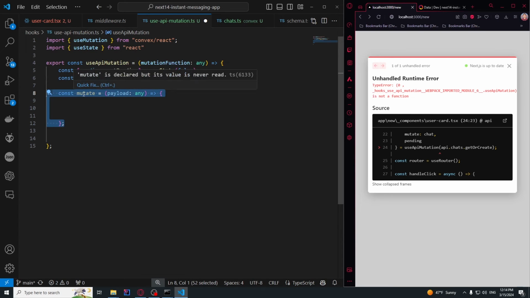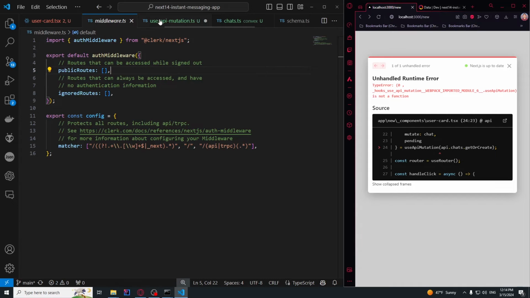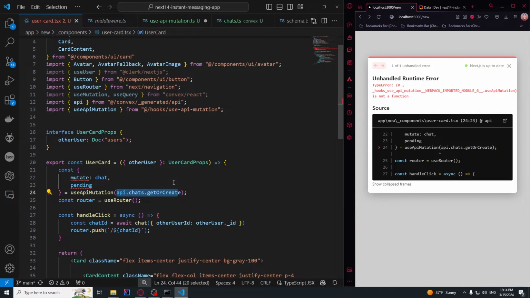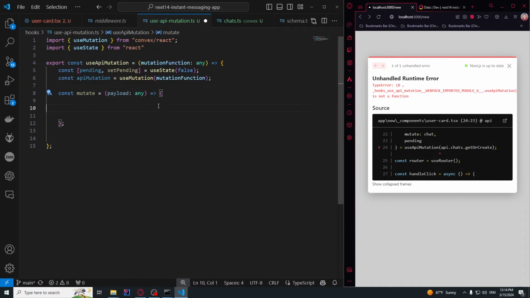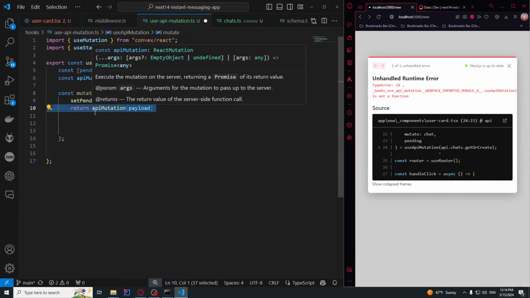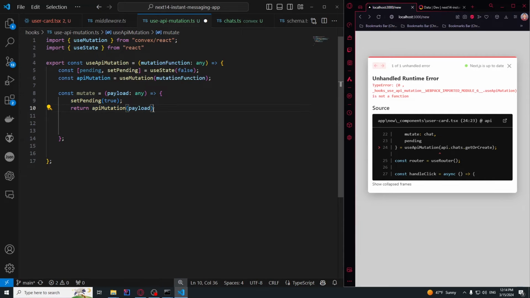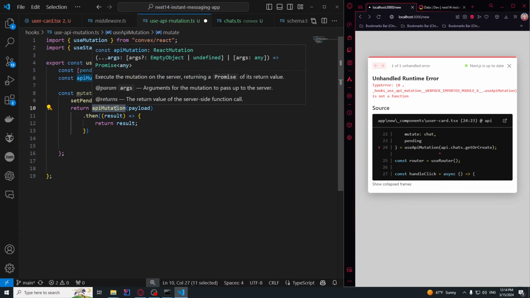Then we will say const mutate is equal to, and then payload any. So the payload is, wait, what the hell was payload? I forgot, sorry. I think is it arguments? We'll see. Okay, so when the mutation starts, we will set pending to true. And then we will return API mutation payload. So those are, I think those are arguments that we are passing. So for example, empty object or user ID, whatever. Okay, so when this API mutation, yeah, those are arguments. So when it executes,